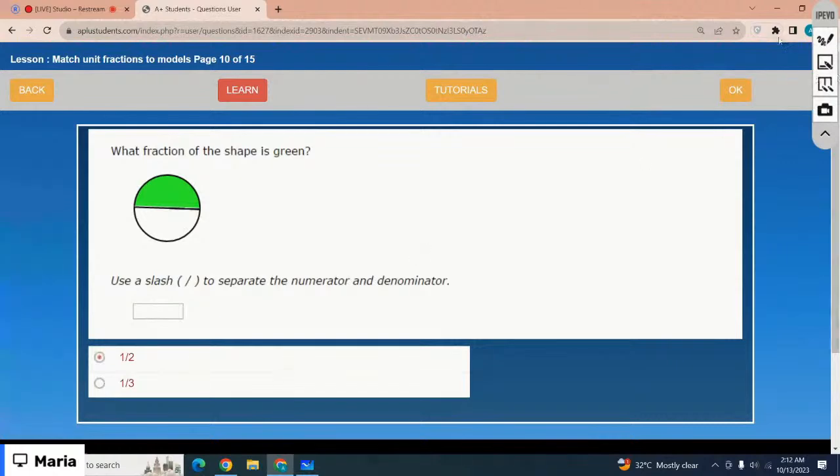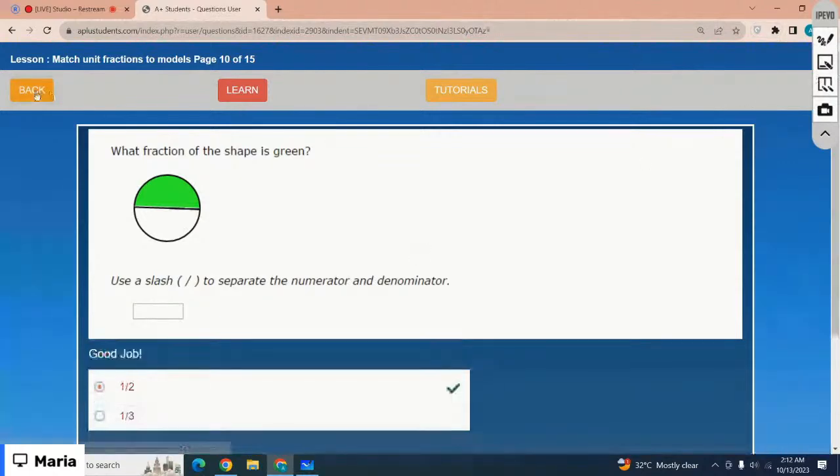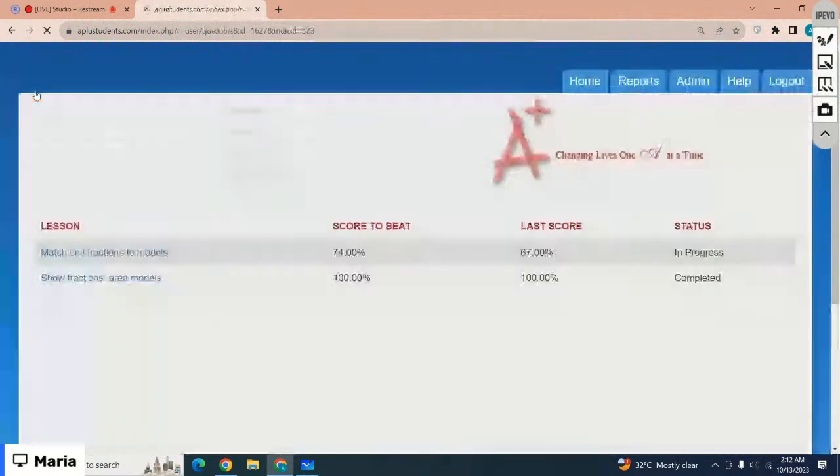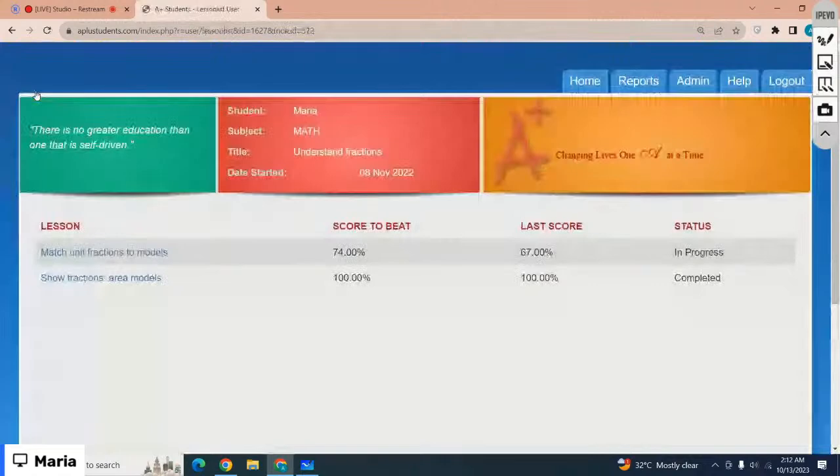Okay, you can complete the lesson by yourself later today. Let's just move on to the next lesson, right? The next lesson is show fractions area models, right? So now we're going to learn how we work on the area models, right? Let's start with the